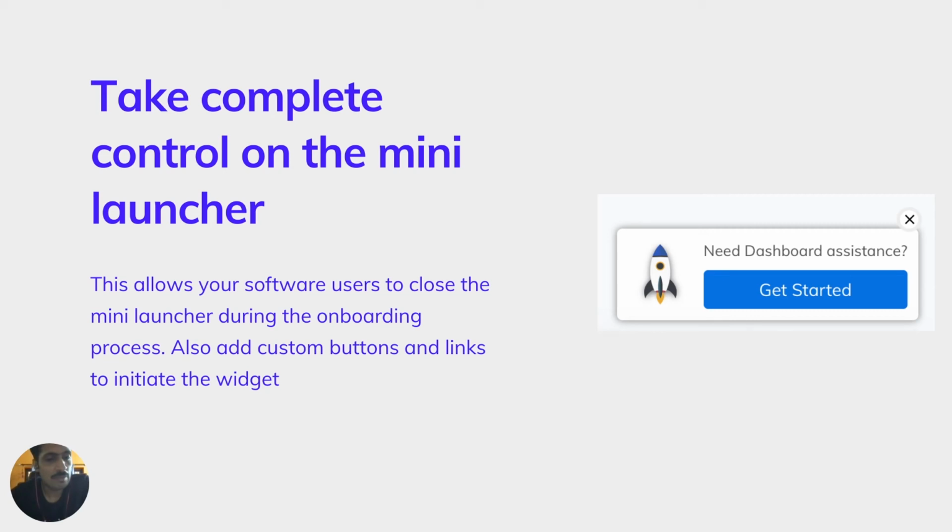By clicking that particular button, the user can open this widget or the mini launcher. Sometimes we get suggestions that a mini launcher is hiding particular data in the widget. So with this feature update, the mini launcher is no longer going to affect any of your existing data within the dashboard.